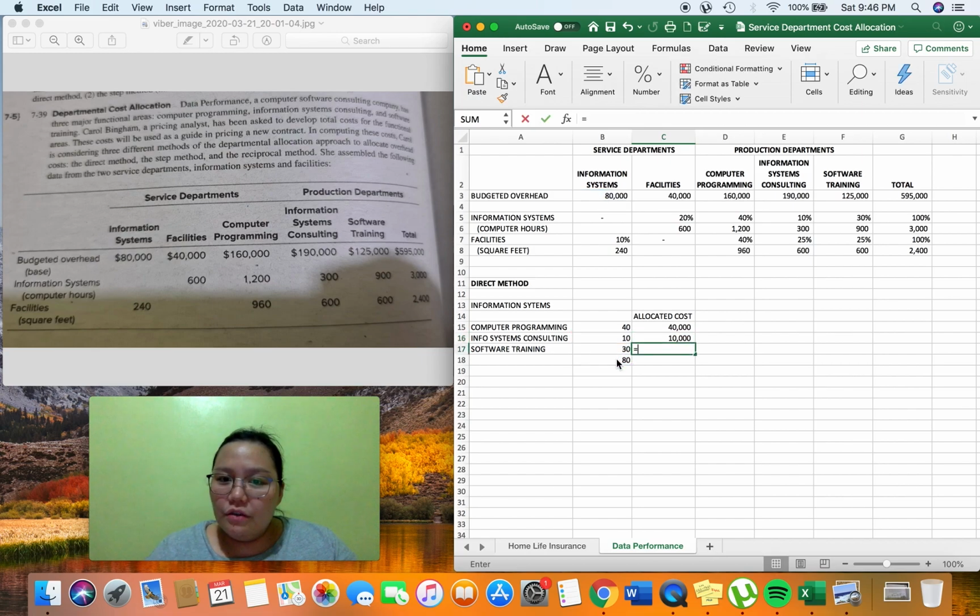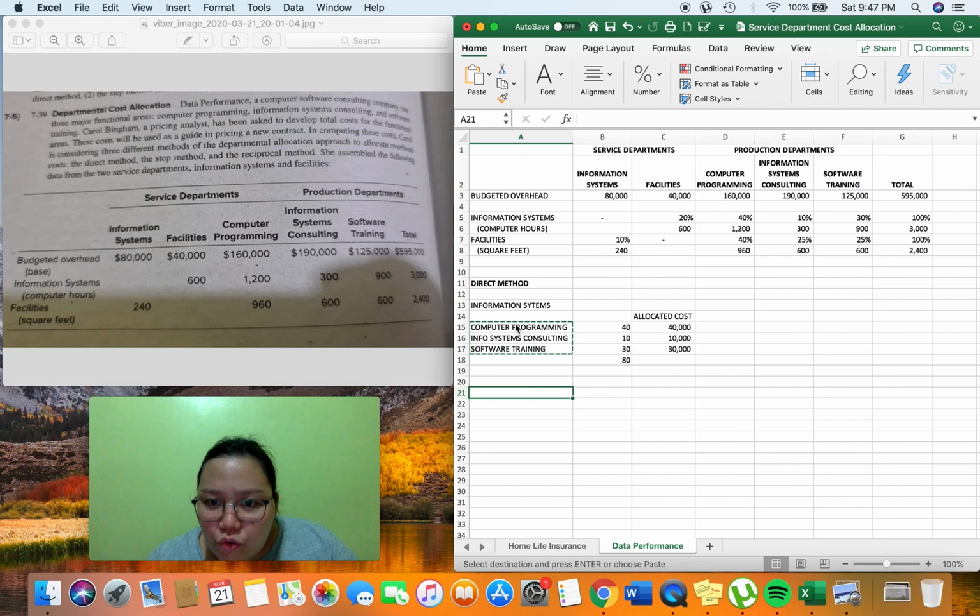And then, of course, last but not the least, we have the software training department. We have a direct cost of 80,000 multiplied by 30 over 80, and we'll get 30,000 pesos. So, that is the allocated cost of the information systems department to the other service department and to the production department. Okay? So, now we move on to the